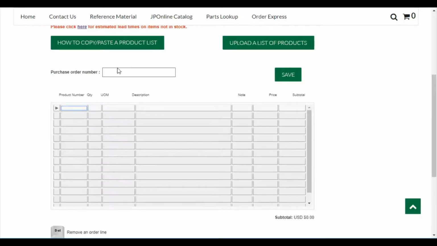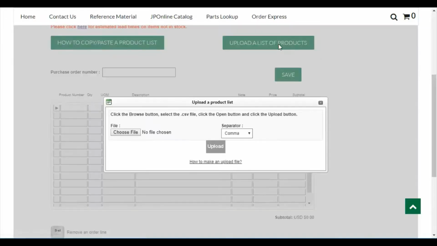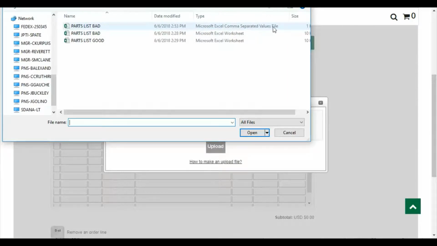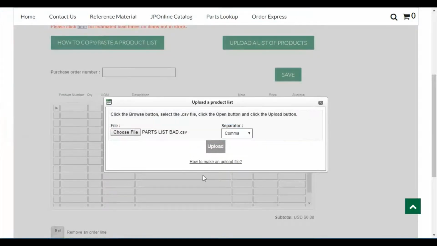So as you can see, we've got a blank purchase order number field along with an order entry field. We'll click on Upload a List of Products, choose our file, and under Type you'll see it's Microsoft Excel comma-separated values file. We'll click Upload,